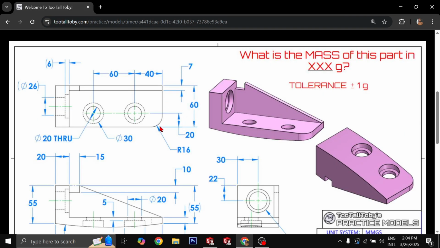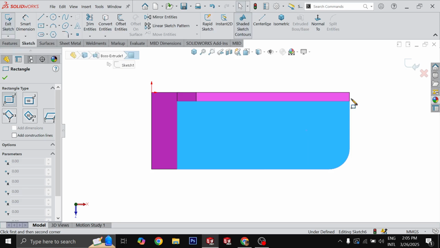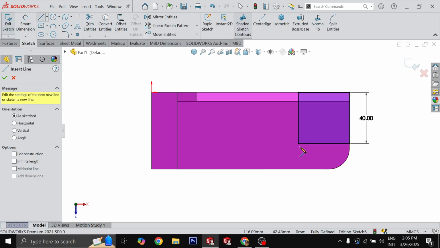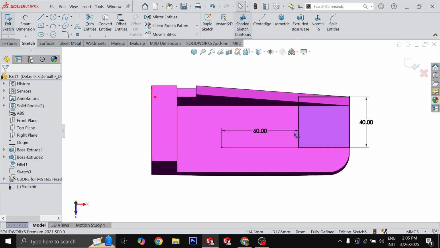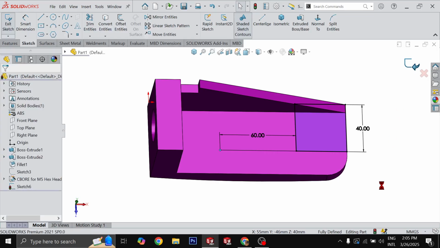Okay, this one is 20, but we don't have this corner, so we have to use this corner to draw a rectangle of 40 by 40 and then another line of 60. So let's choose to sketch here, a rectangle of 40 by 40 and another line of 60 millimeters. Now we have these 2 points as well. We will use these 2 points and